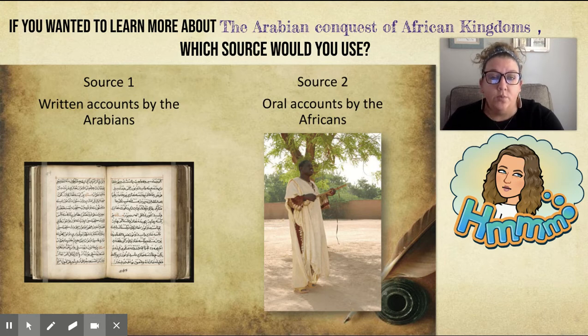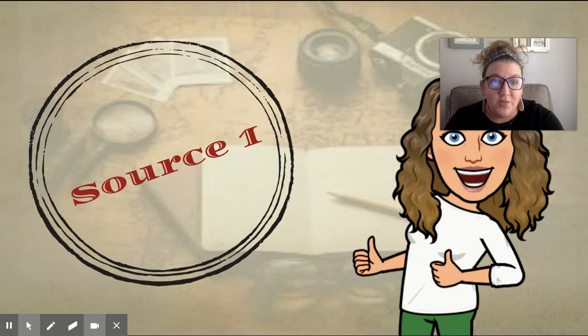If you wanted to learn more about the Arabian conquest of African kingdoms, which source would you use? A written account by the Arabians or oral accounts by the Africans? Now, this one is tricky. You would want to go with source one. However, that doesn't mean that you should discount source two. Source one is better in this case for the reason that written accounts tend to be